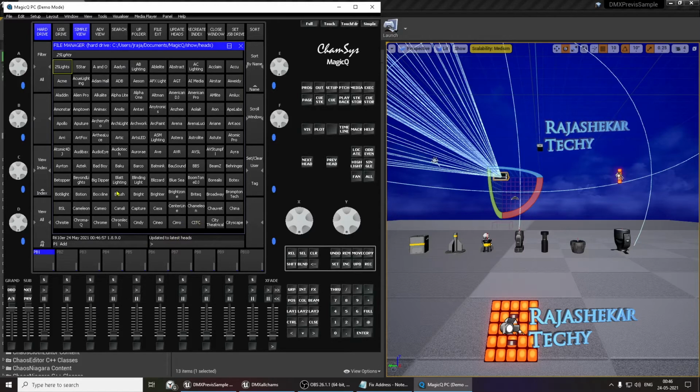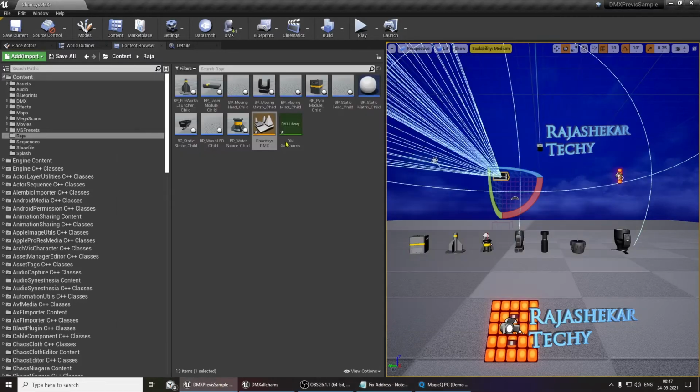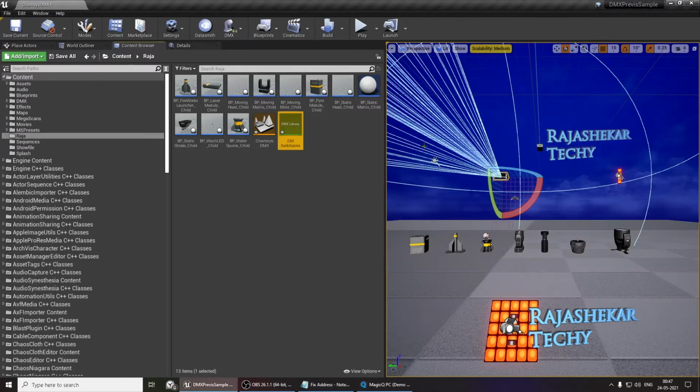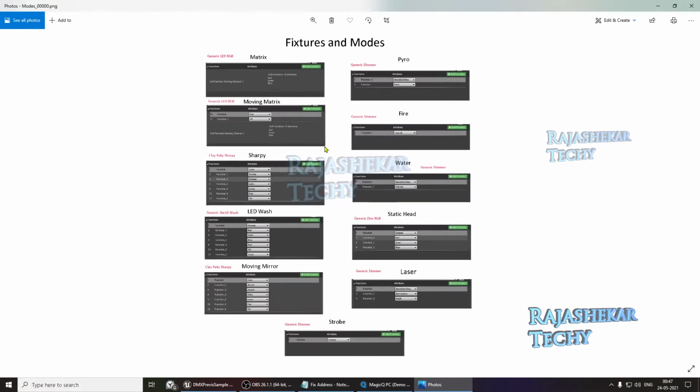Okay, now let's begin patching one by one. Meanwhile, I created a notepad and made a note of all the patches and their respective address numbers. I did this by going to the DMX library, fixture patch, and made a note of all the beginning positions. This will be useful when we are patching now. Let's also fire up the reference file. The reference file is here.